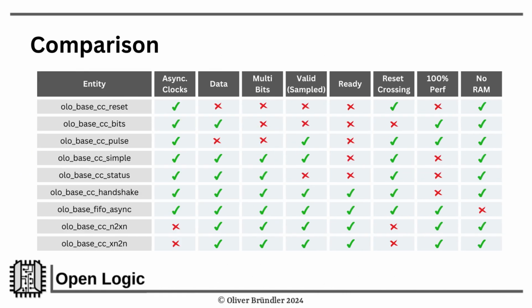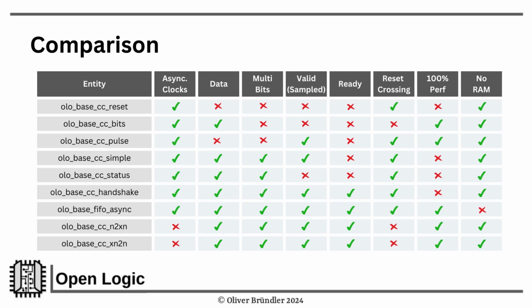We now discussed a total of 9 clock crossings, each one having its pros and cons. To give some guidance which clock crossing to be used in which situation, I assembled a little table summarizing all the pros and cons of the different clock crossings. For every clock crossing, it shows whether it allows transferring data between asynchronous clocks, whether it allows to only pass sideband information or also data, if it ensures consistency between multiple data bits so that they arrive in the same